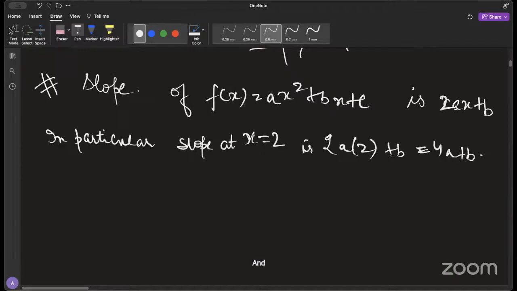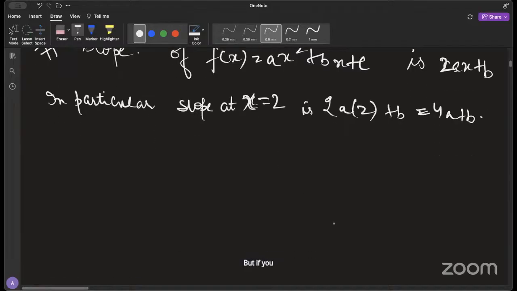And we only need x to find the slope, right? Nowhere do we need the point y. But okay, that's not needed. Let's move ahead. And then the next thing that we have is